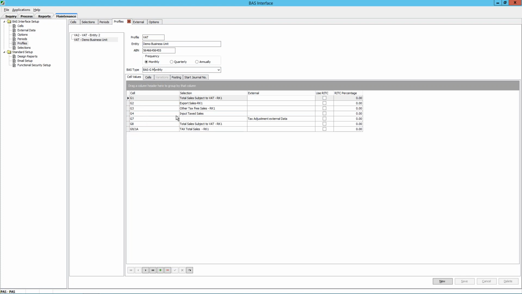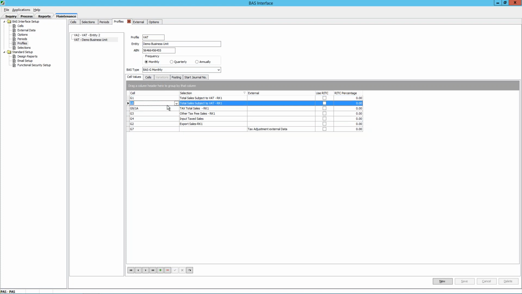So once I've got my cells, all I need to do then is decide where does the data come from. So for this one, we look at that cell. It's total sales. What I'll be wanting to do is extract from the ledger all information related to total sales. So I can choose the selection that I've already set up that's called total sales and will extract that information from my ledger for me. So where I've already defined those criteria, looking at the right accounts, looking at the right underlying data. So if I leave it like that, when I process this for an inquiry or for a submission, it will bring that data into that cell for me. Very simple,